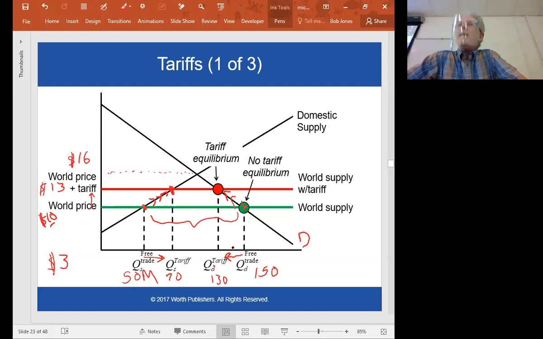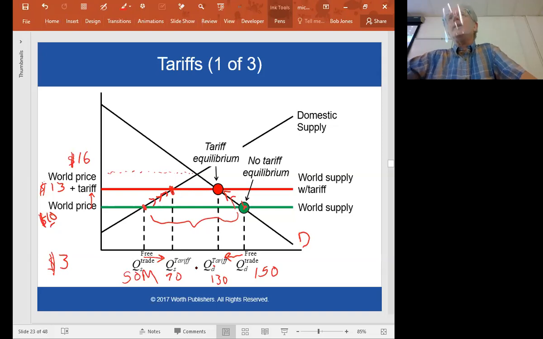But what we're going to see is that when we impose the tariff, it will produce a benefit for U.S. producers, but at a cost to U.S. consumers that will be greater than the benefit that the producers are going to get. Okay? And you know, this is complicated. And in discussions of trade, it's easy to